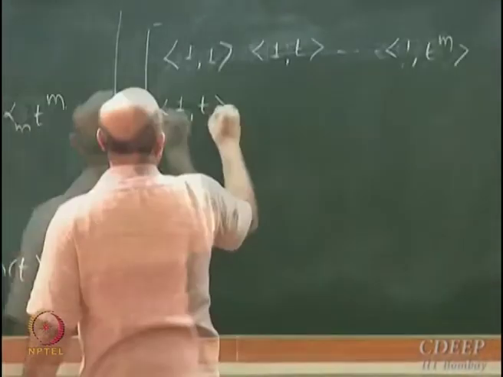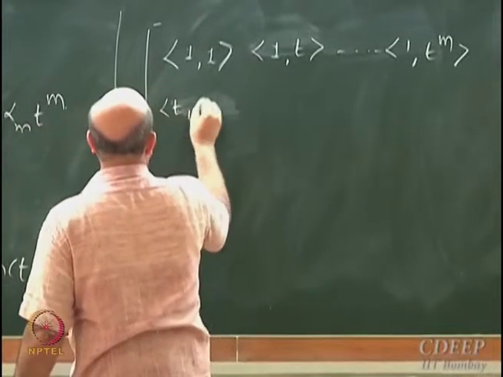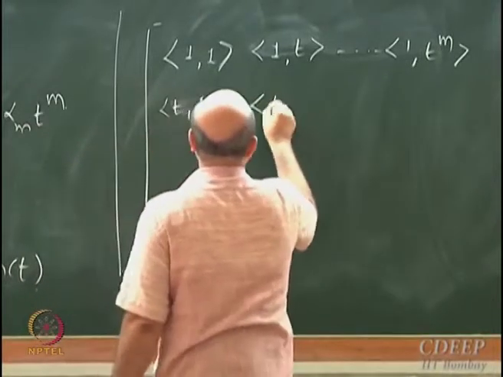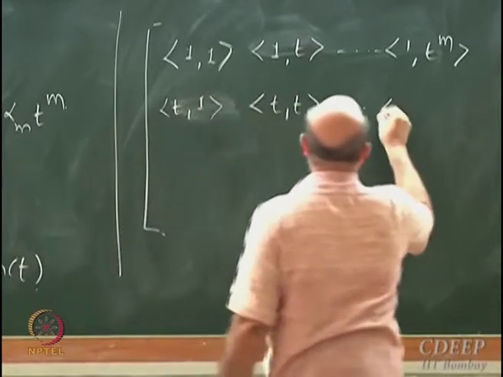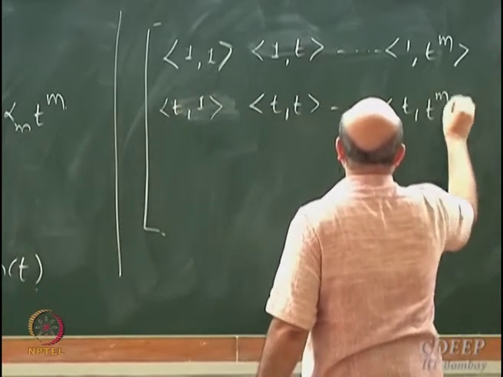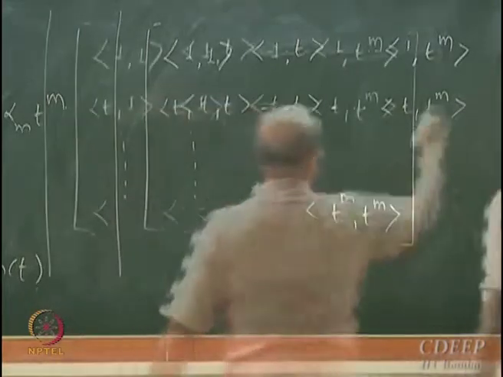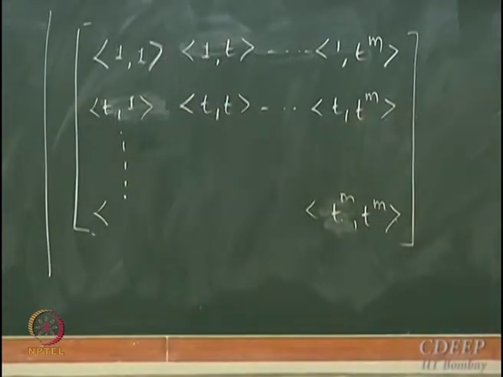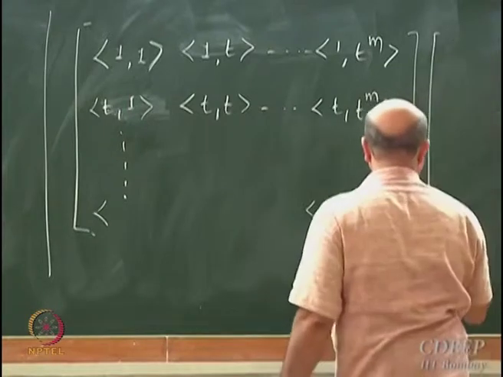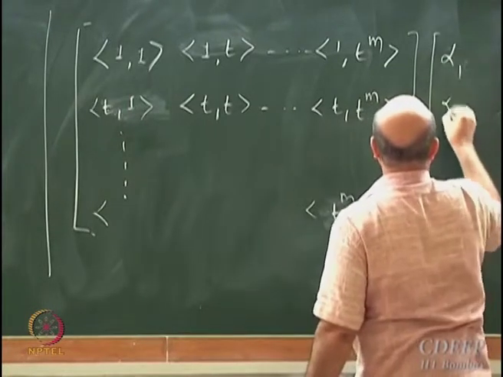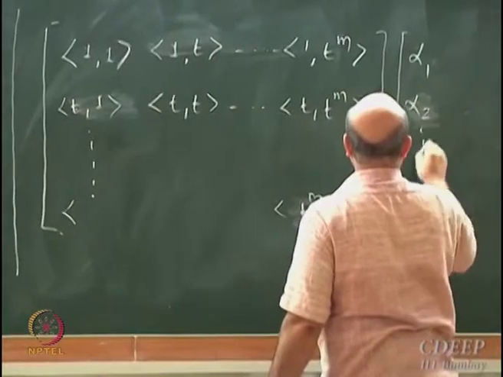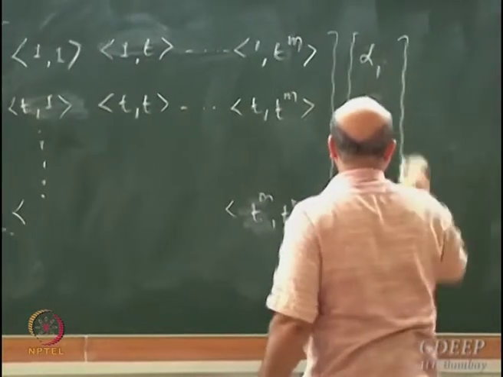Then, sorry, t with 1, t with t, and t with t to power m, and so on. So this times alpha 1, alpha 2, alpha m,